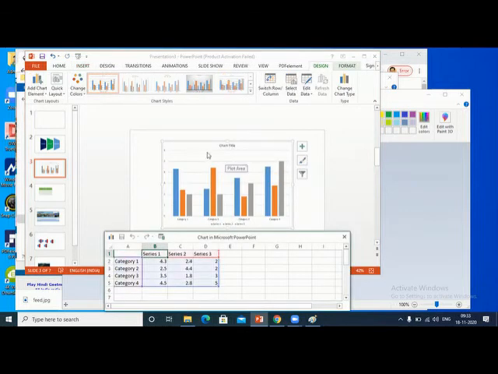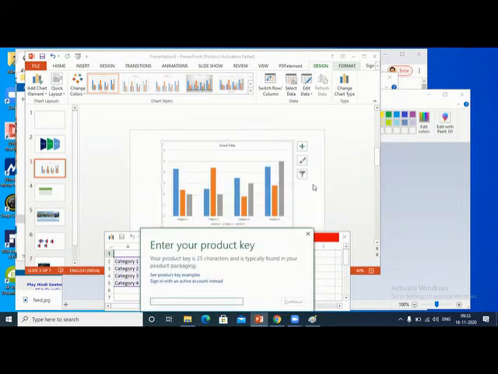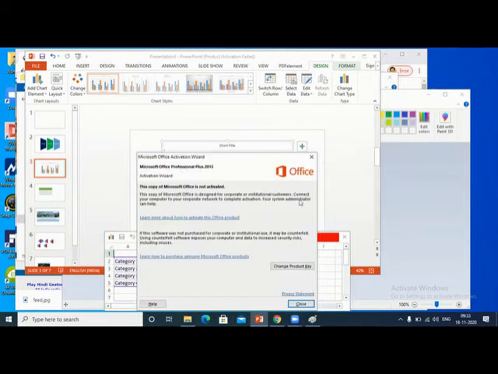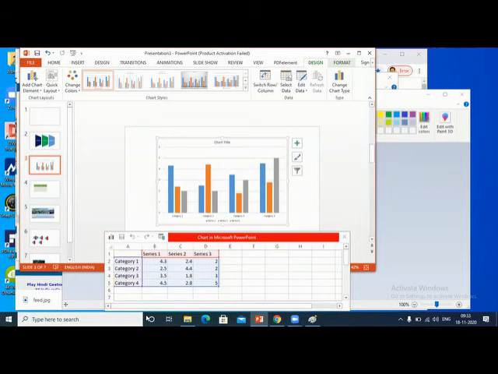When you double click the chart, it gives you the values. This chart has been prepared based on this table. So you can change this value and you can change the chart style also. Okay, you can try that.